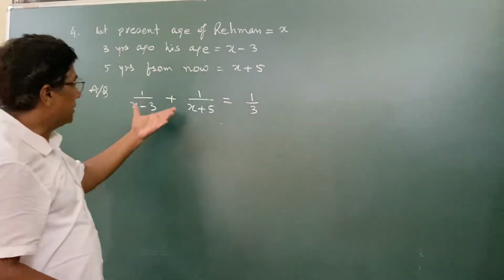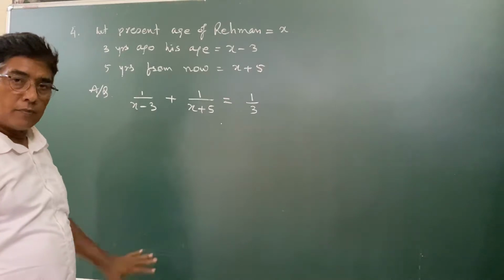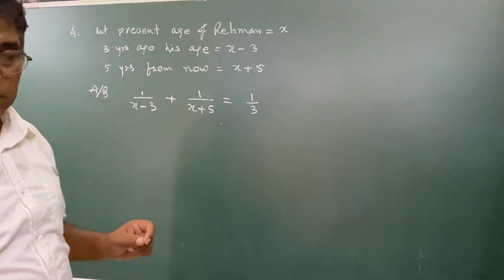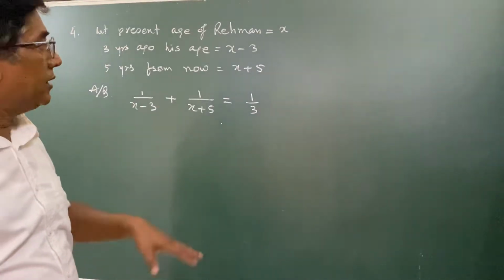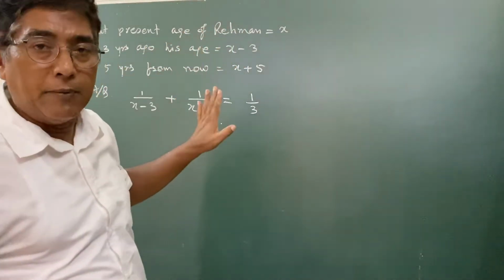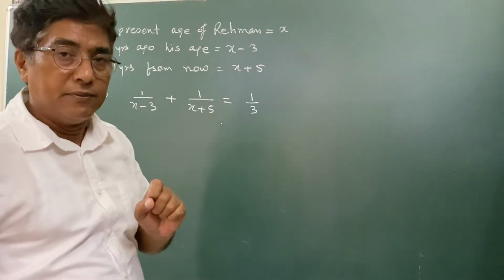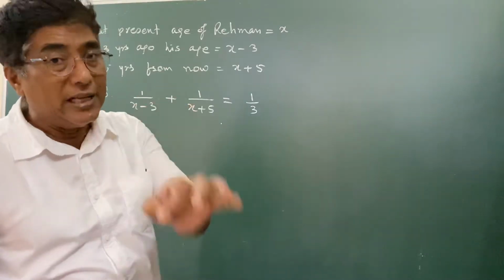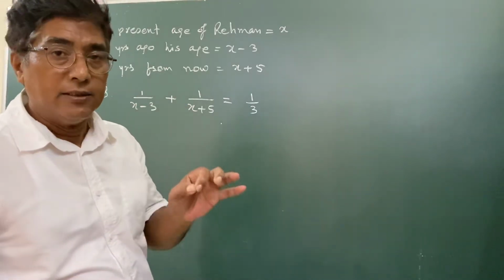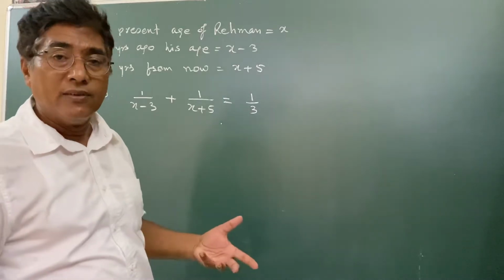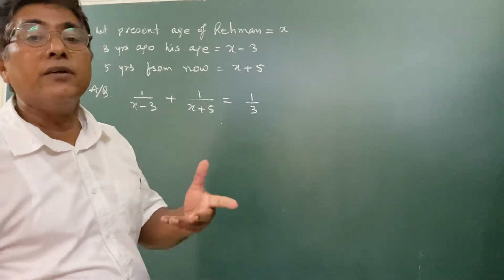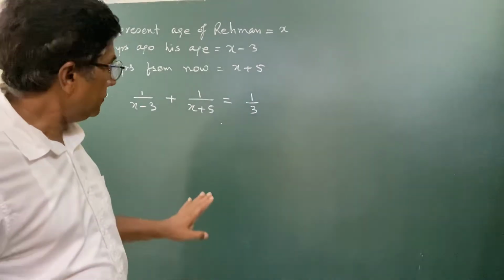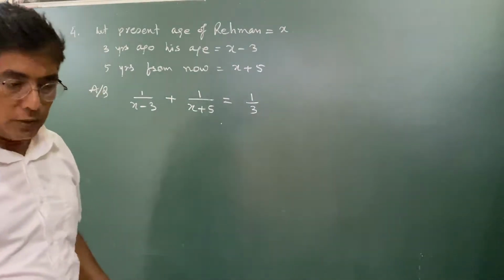Okay? Then simplify and then solve. Now while solving, suppose you get negative value. Suppose one of the values you get is negative. Now what is x? Age of Rahman. So age cannot be negative. So that you have to reject. But that statement you have to tell, why you have rejected. So you should say age cannot be negative. So this value has been rejected. So answer is this. Okay. So you can solve now. Okay.